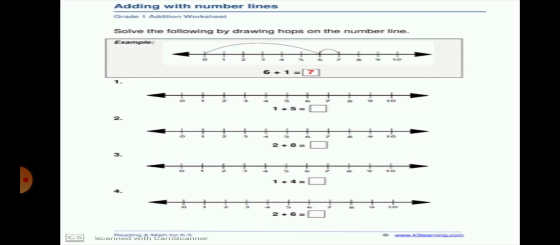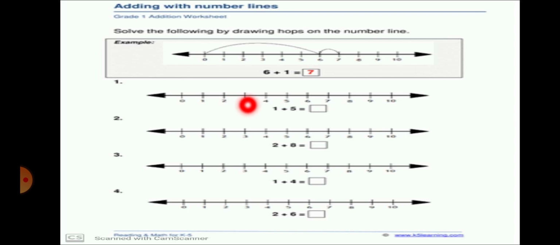Let me explain. Look at the picture. This is called number line or number strip. There we have the numbers 0 to 10. Look my dear students, this is our first step, so we are going to learn with the help of number line till 10 only. But we can try it with more and more numbers, infinite numbers, 20, 30, 40. But right now we will practice with these 0 to 10 numbers only.